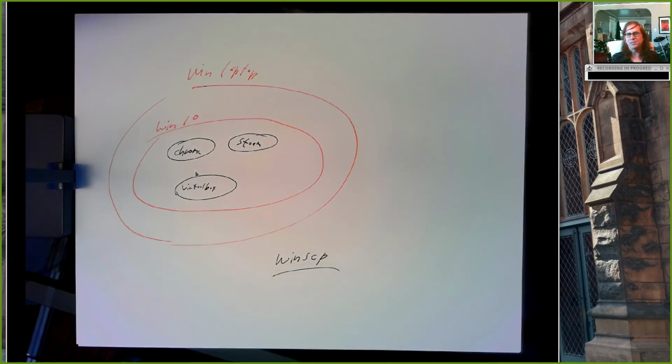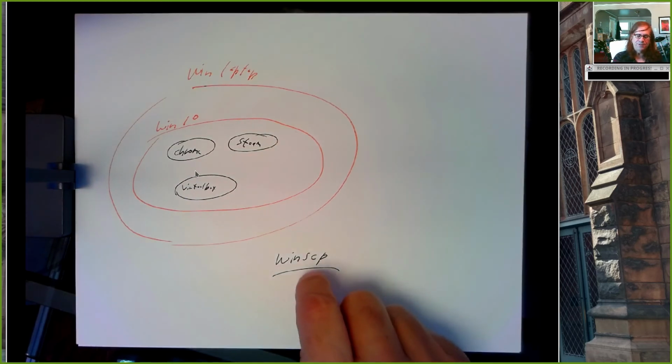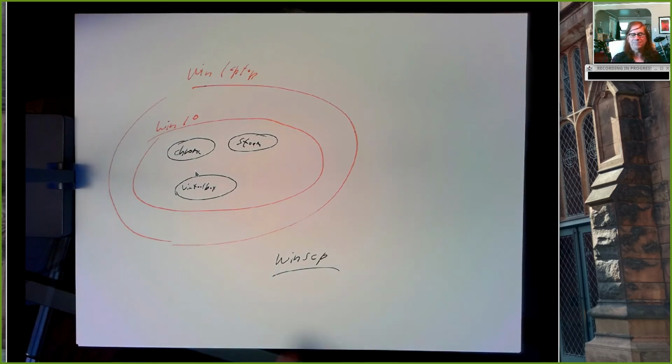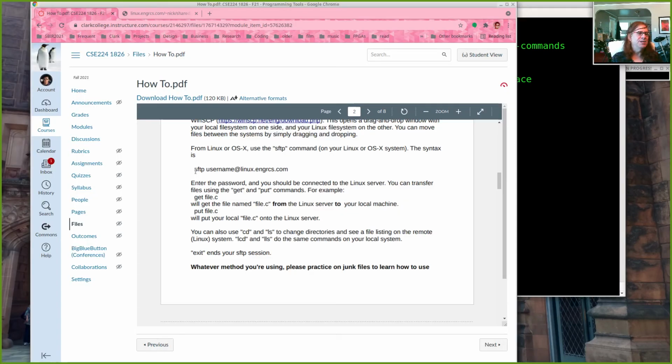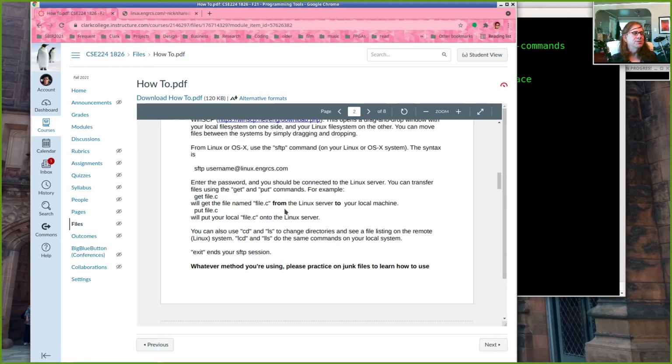It comes from the same place you get PuTTY, and it basically creates a pair of windows. Remote machine, local machine, you can just drag and drop files back and forth. Just make sure you get it from putty.org and not from hackme.com or something like that, because there's a lot of sites that, you know, install adware when you download programs and such.